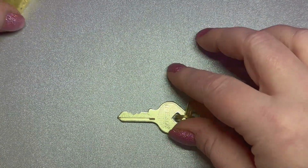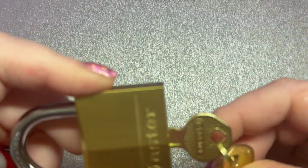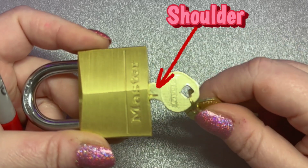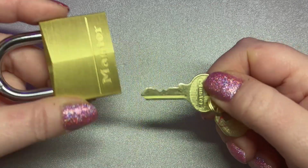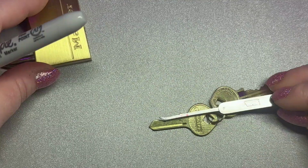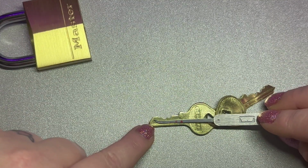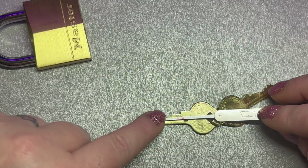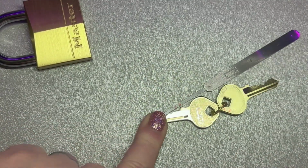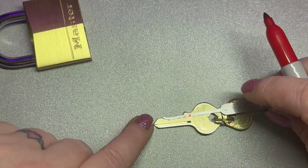When you take a look at the key and how it goes into the lock, you can see that when you put the key in, it goes all the way up to this point right here, which is called the shoulder of the key. So we're going to have to mark the pick right where it sits at the shoulder of the key. So what you're going to do is take your pick and find where the 5th pin is, and then you're just going to hold it in place, and then you're going to take your Sharpie and mark your pick. So we're just going to mark it, and then we're going to do the same for the 4th pin,